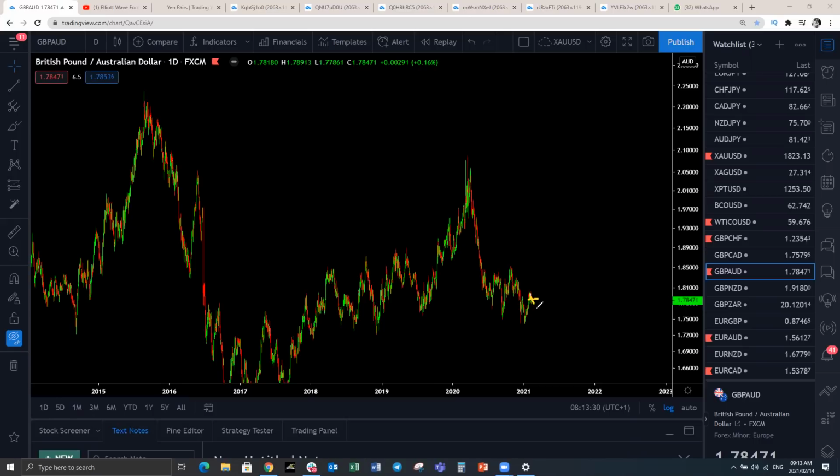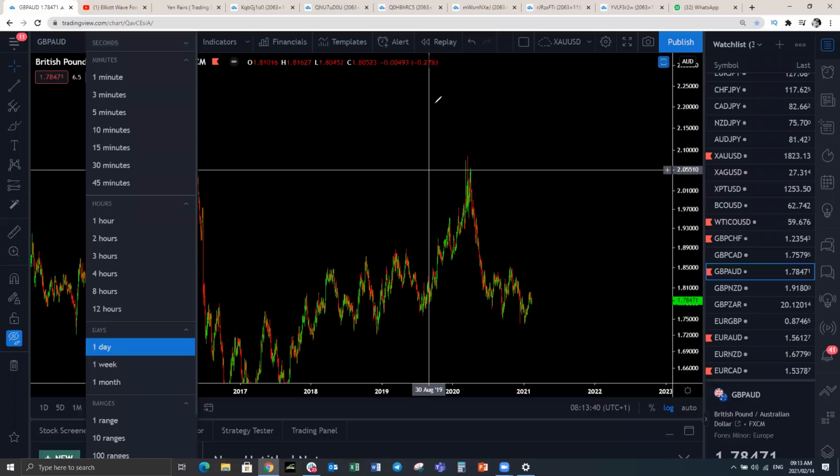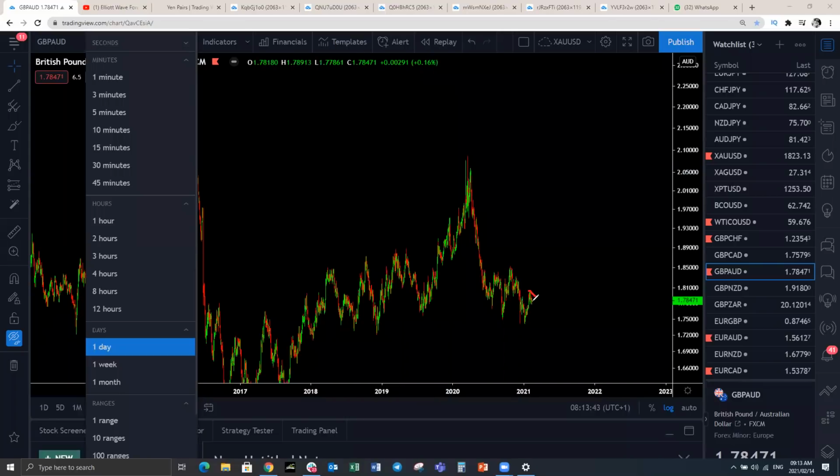We've got a move that we're expecting to the downside. We could be getting this here. Okay, we could be getting that and a move to the downside. So let's have a look in the lower degree. If that fails, that means we're still going to have a continuation to the upside here on pound AUD to come and retest here, which will follow the rest of the pound pairs to the upside, then downside. That is pound AUD. Let's have a look at it on the 4-hour, looking very interesting.